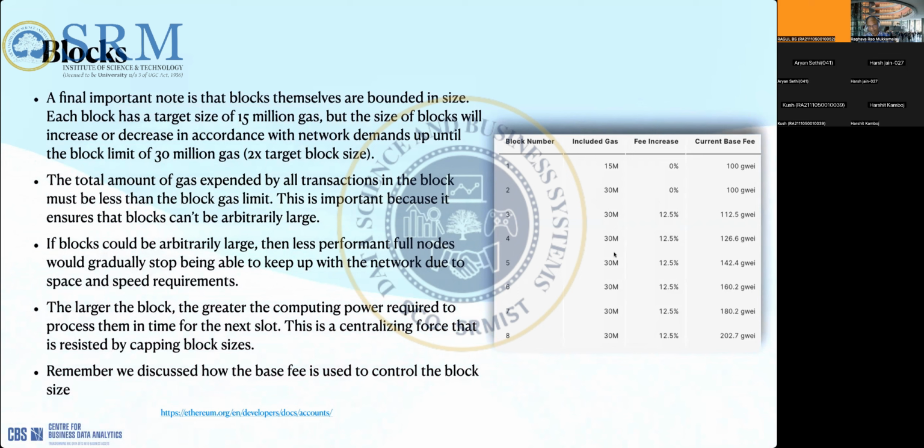If they are at the 30 million block size, they have to increase the base fee by 12.5% in each iteration, right? So for example, if this continues for maybe 15 times or something like that, then the base price becomes quite expensive. And then people who want to get their transactions executed will wait for some time, right? Now the trading is quite high, so the prices are quite high.